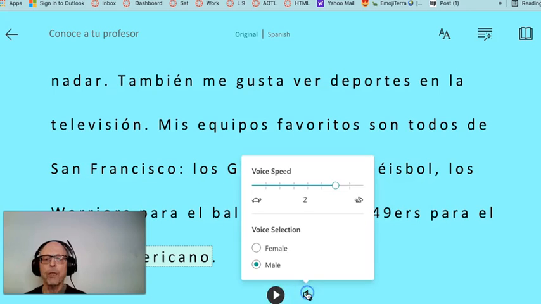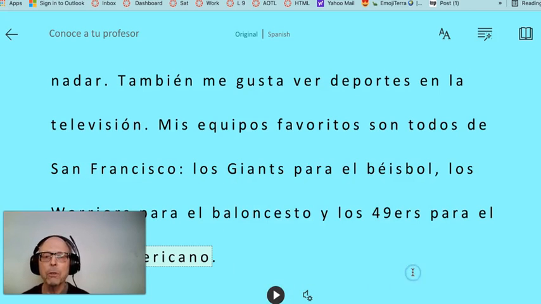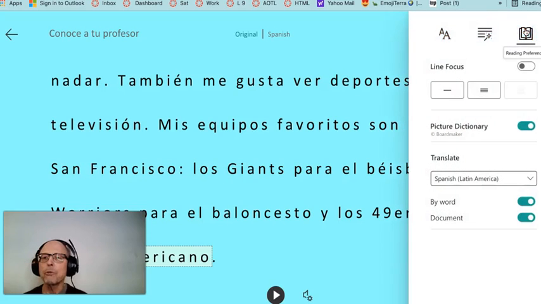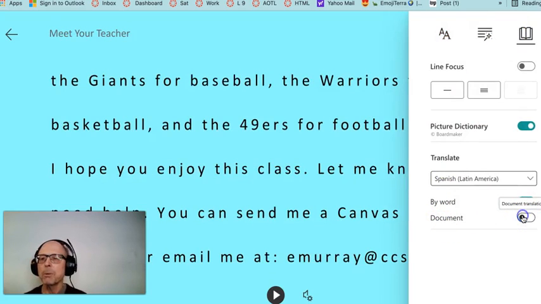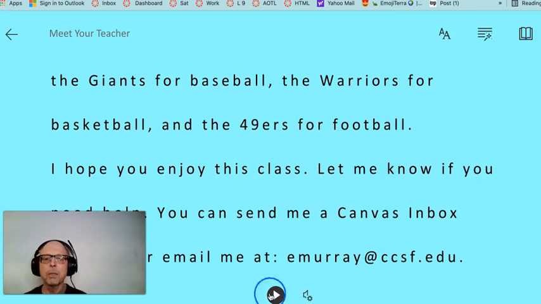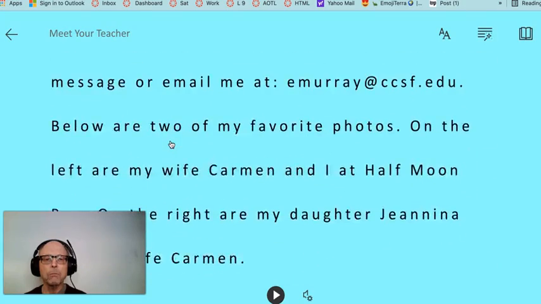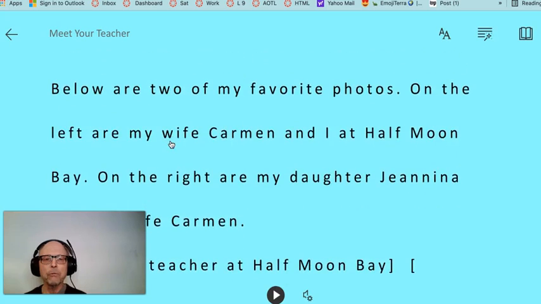So that was fast. Okay, so I'm going to set it back to 1, which is normal. We can leave the male voice on. And now I'm going to come over to the book here, and I'm going to show you what it sounds like in English. So to get it back to English, you turn off this document button, and then you can come right back here. Well, we can close this so you can see. And we just click it. We'll start here.